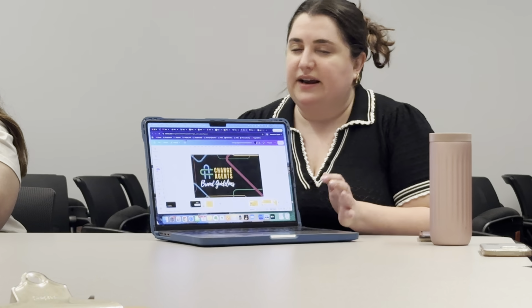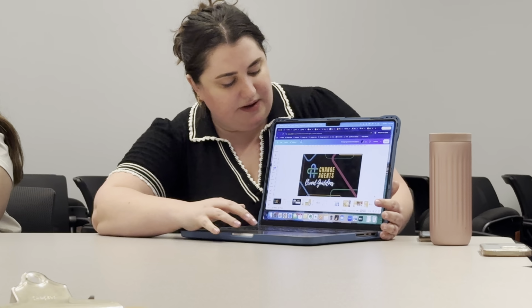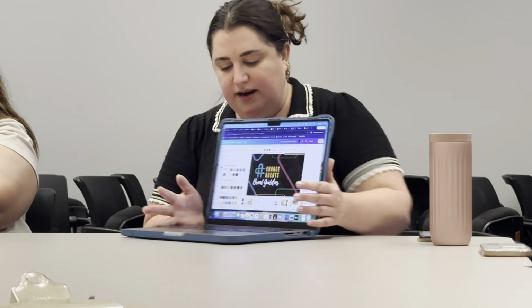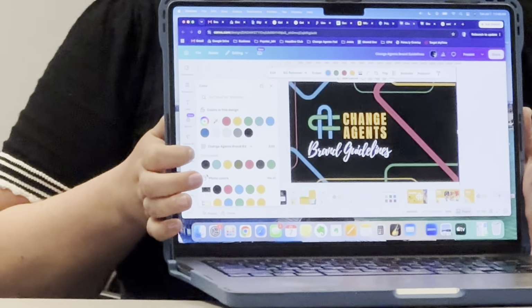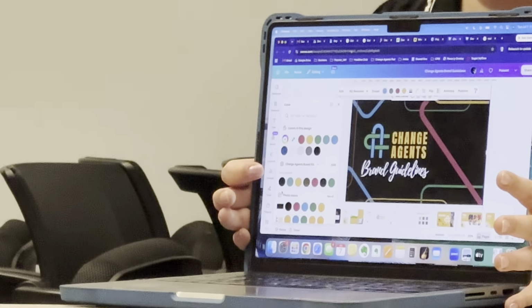This is actually a brand guideline I did for a nonprofit journalism organization, but for example, these colors and their fonts are all set. And so when I go to edit this, right here, it tells me what are the preset colors in the Change Agents brand kit.